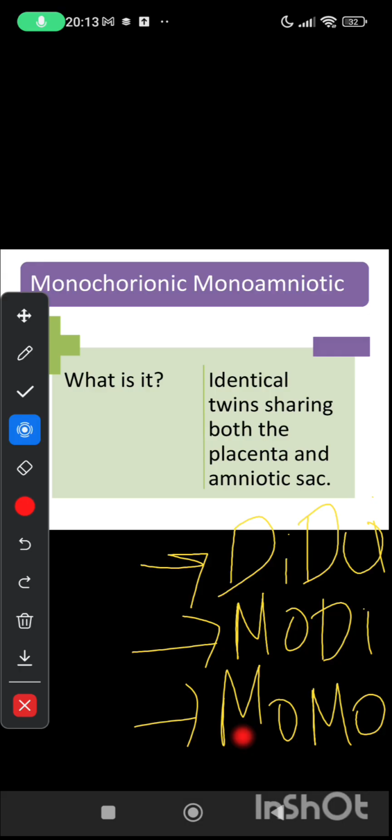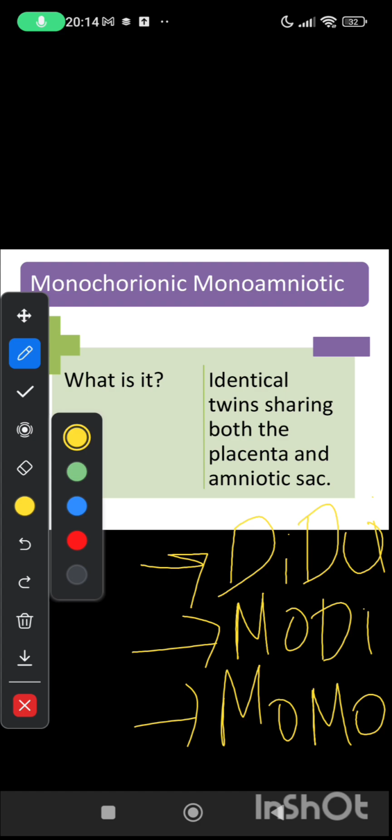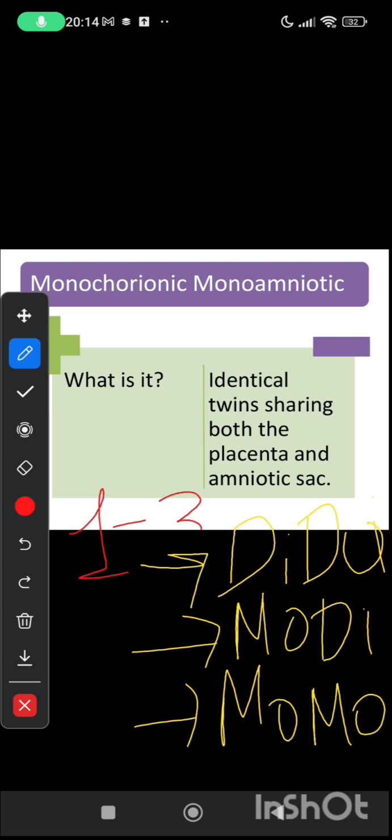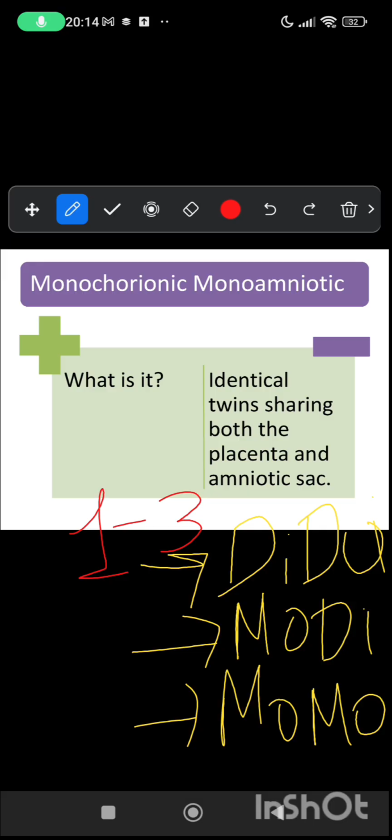The later the separation happens, the more it results in monochorionic, monoamniotic. So if the split happens between 1 to 3 days, then it results in dichorionic diamniotic twins, which means two gestational sacs and two amniotic sacs